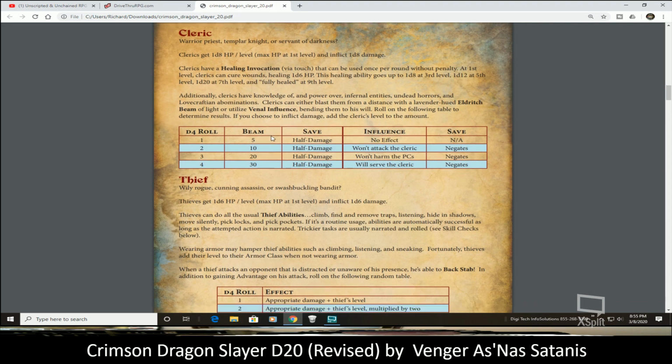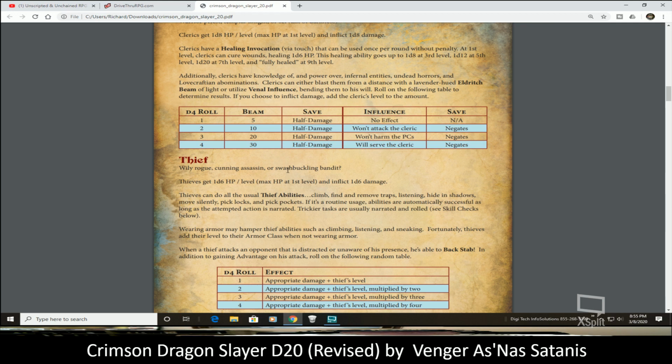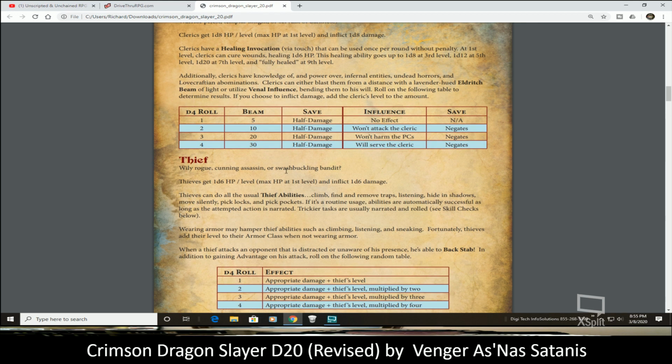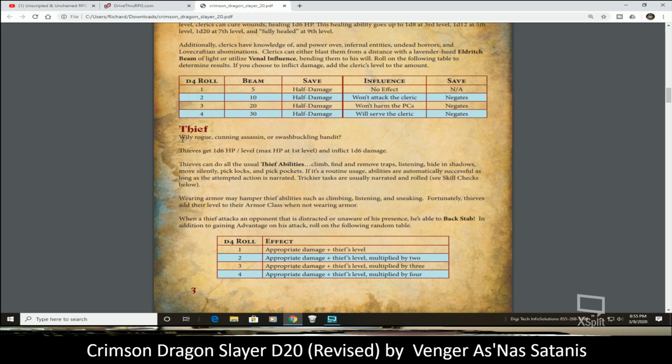So then you have the thief. If I mentioned 3 earlier, it's actually 4, so I misspoke earlier. So a wily rogue, a cunning assassin, or a swashbuckling bandit. Thieves get a d6, 1d6 damage. They have thieves' abilities such as, the standard, hiding in shadows, moving silently, picking locks, picking pockets, and